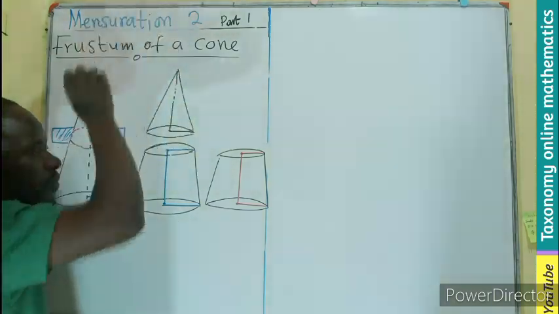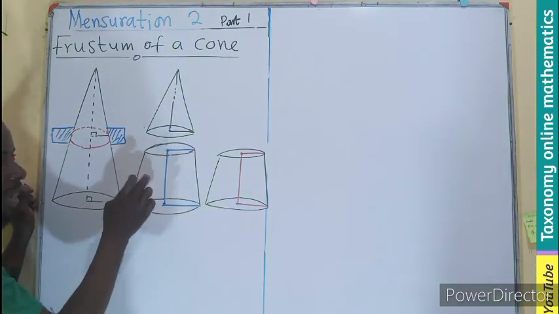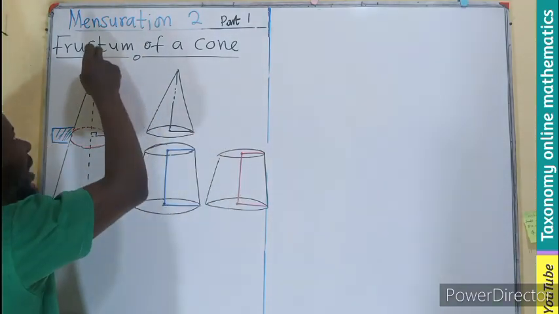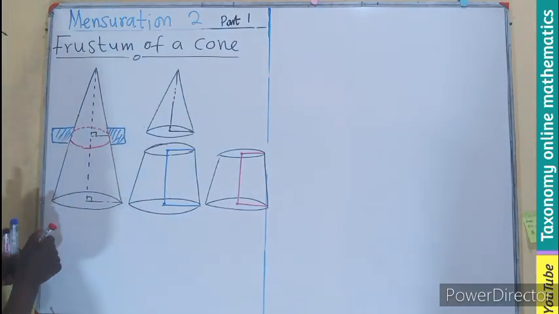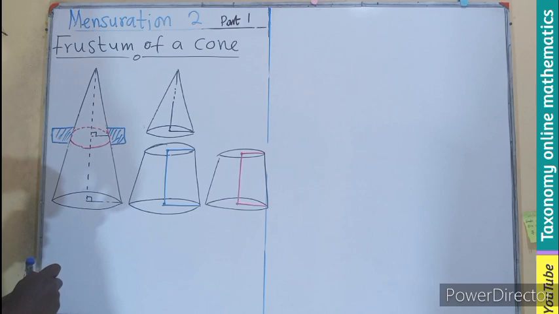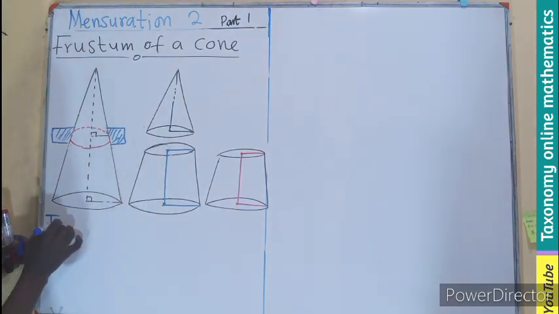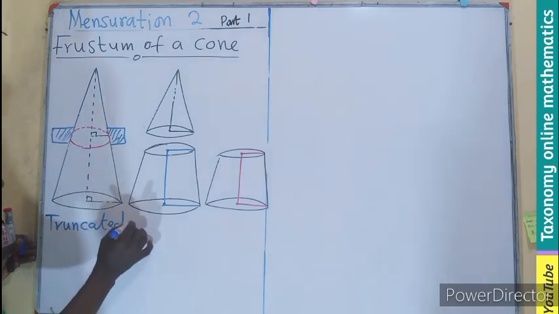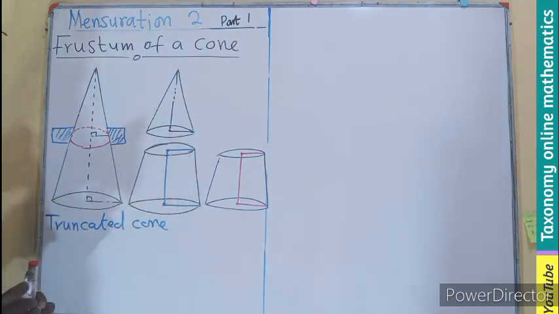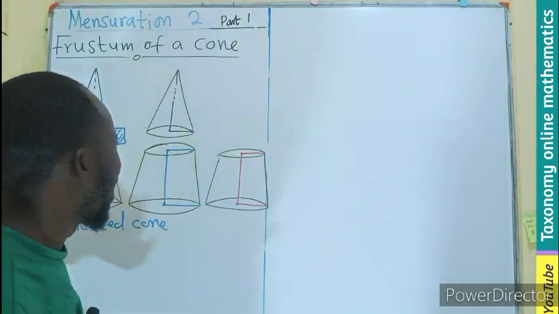So when you slice off this, you'll be left with the base. You can see this. So the base is what we are calling the frustum of a cone, or better still, we can call it the truncated cone. So the cone that has been truncated, whereby the top part is taken away. All right, let's